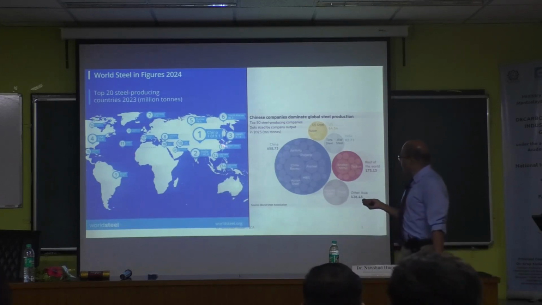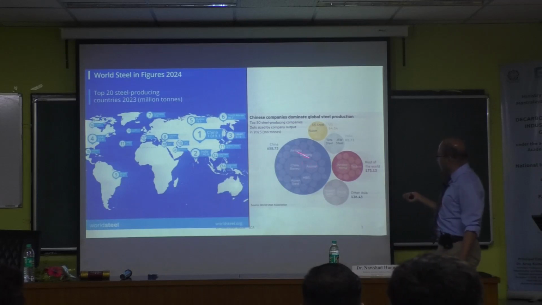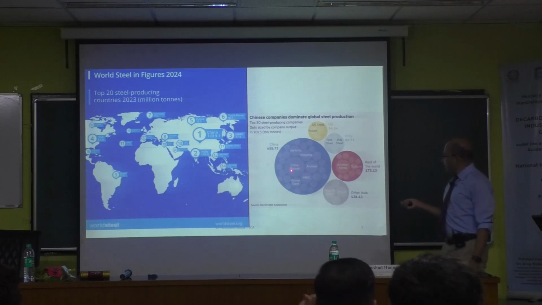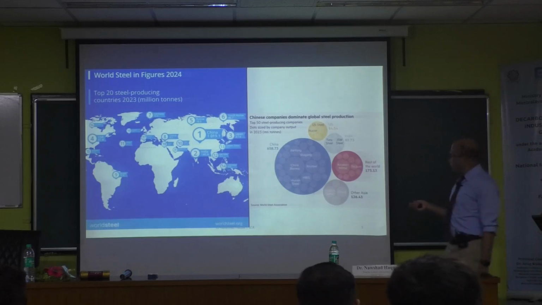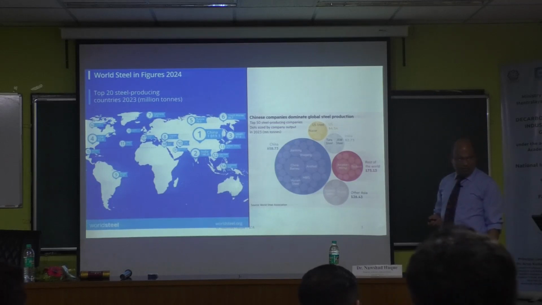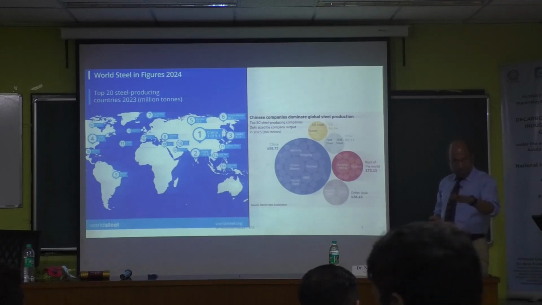Okay, so that makes sense. This data is from 2024, and this is 2023. If you look at China, Baosteel, isn't it? And then there are a few other companies. In Korea, POSCO, obviously. So Tata is the largest? Tata is not the largest. JSW is the largest. How many million tons of capacity? Any idea? 29.7. And Tata? 27. And SAIL? 20. So those are the three main ones, right?